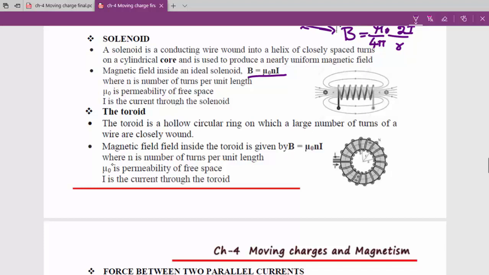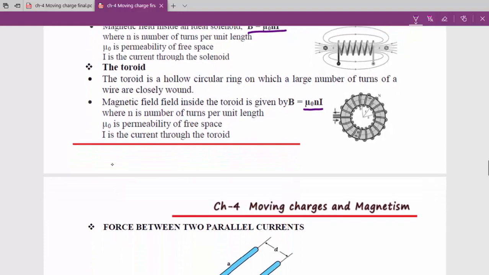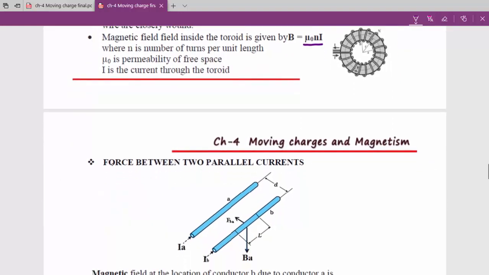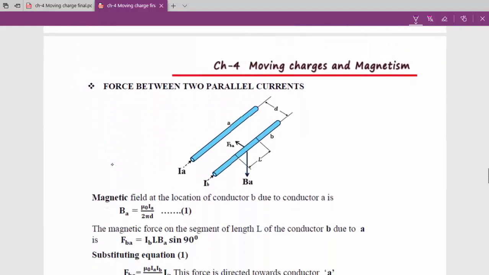So the formula for the toroid is also the same, mu naught N I. Again, the magnetic field inside the toroid is considerable, and the magnetic field outside is negligible because the magnetic field lines will spread over. So the formula is the same. After this solenoid and toroid, let us move to the force between two parallel current